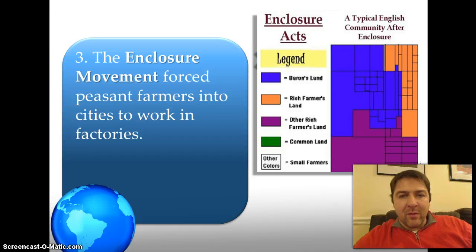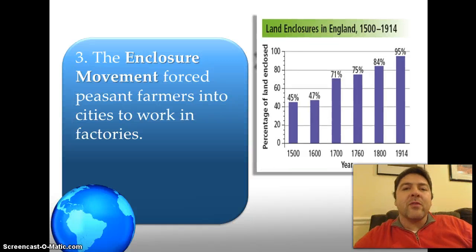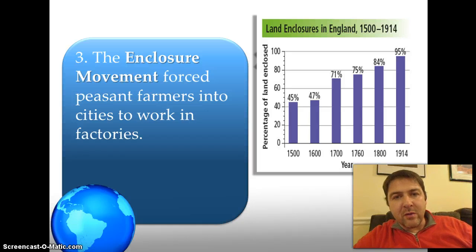The baron, the lord, the nobles, and the other rich farmers are going to be allowed to take over those areas that for centuries had been held in common. As a result of this, as we see in the chart, the amount of land is steadily going up that's being fenced off for private use. And these small farmers who don't have enough land of their own to graze their animals, who relied on those common areas, they're not going to have much